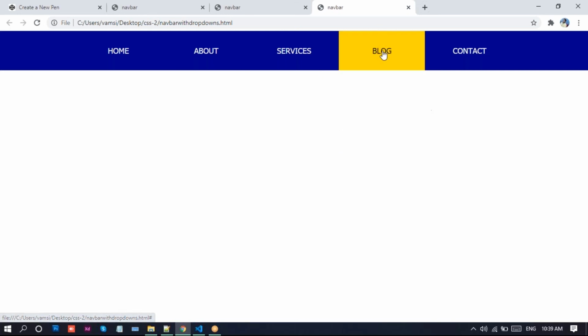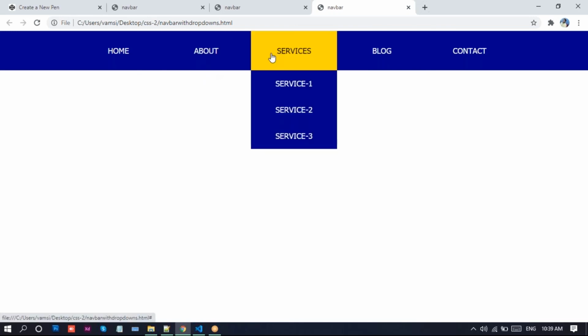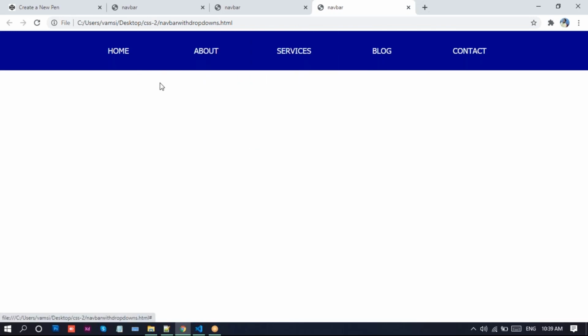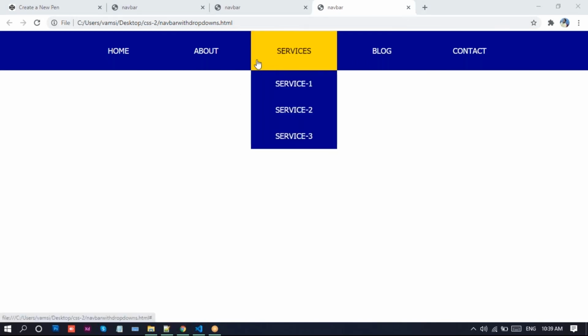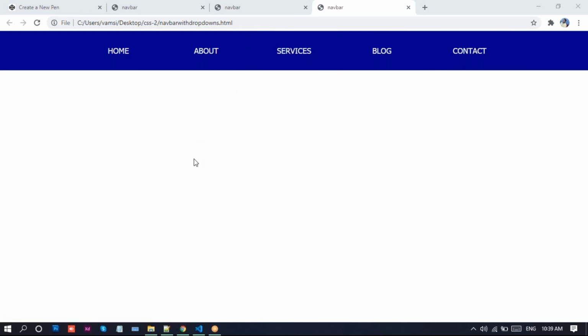So this is the whole drop down we can use in CSS. We have different drop downs, which will be explained in future sessions, like we have in Bootstrap. I told you how to create this clickable navigation.